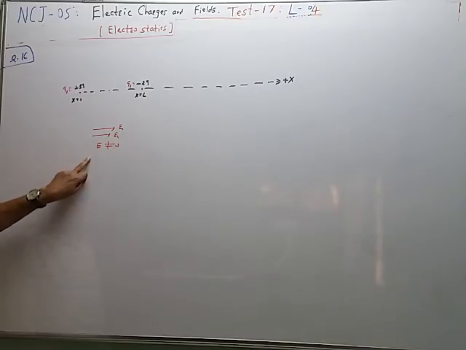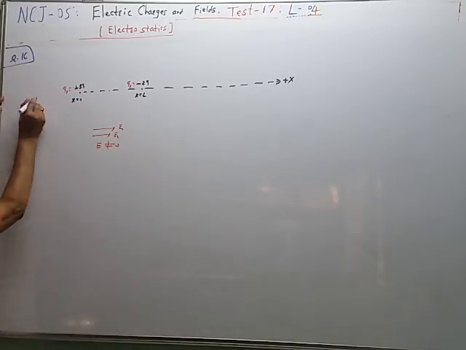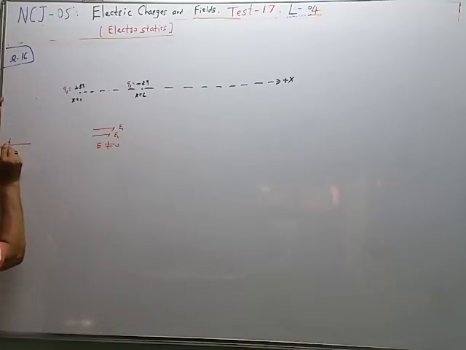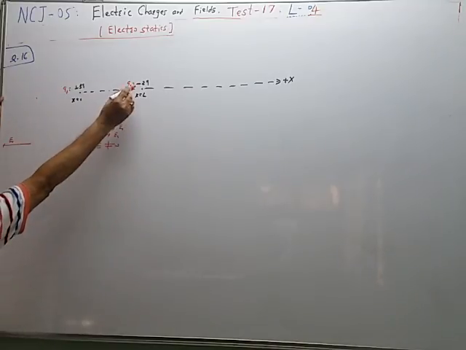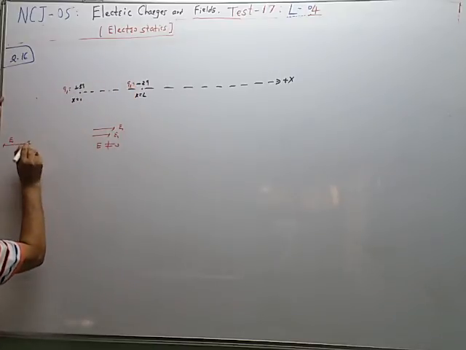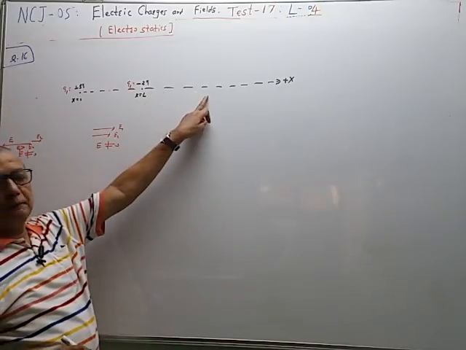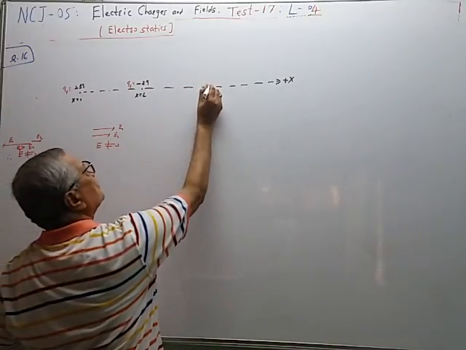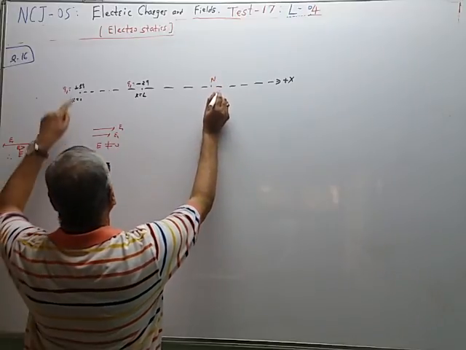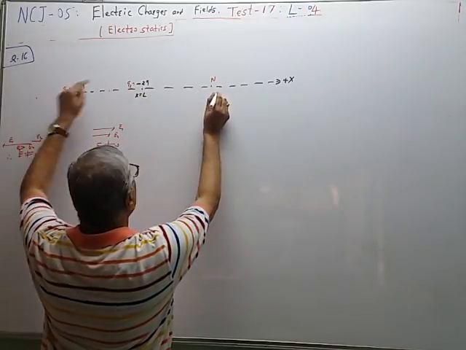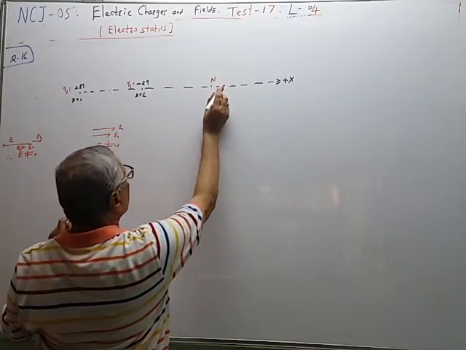Now, if we consider the point here, then E1 will be in the direction. But see, the distance from this charge is very large and this charge is less. Therefore, E2 is directed toward, they are in opposite direction, but in this case again E will be never 0 because this is larger. E1 is greater than E2, therefore. So the point must be here. So if we consider the neutral point N here, so the distance from Q1 up to this neutral point N is more.